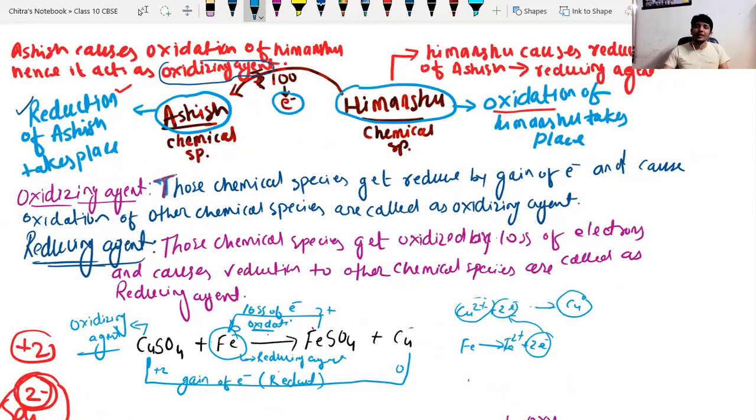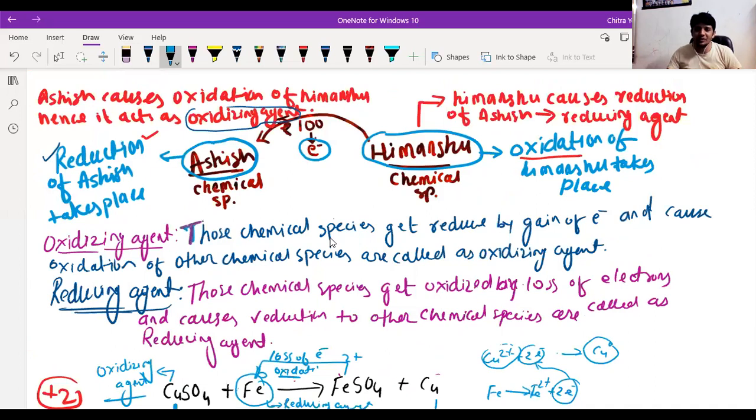No, sir. Okay. See, if I give you 100 rupees, then I will get oxidized and you will get reduced. But due to you, I am getting oxidized. That means you are acting as an oxidizing agent, and you are getting reduced due to me, that's why I am acting as a reducing agent. Okay. So those species that get oxidized and cause reduction of other species are called reducing